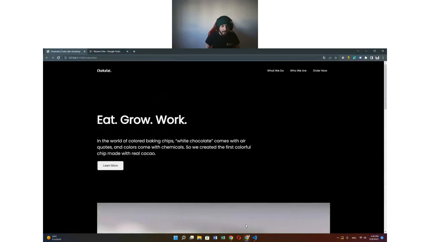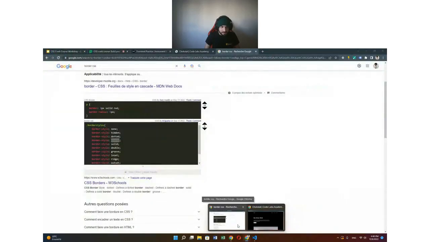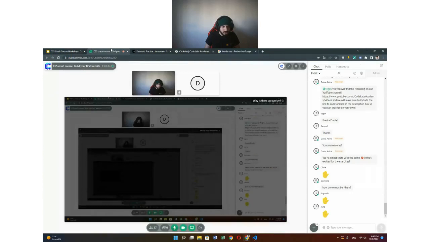Looks good. So right now, this is actually all about the CSS part. And what I'm going to do right now,